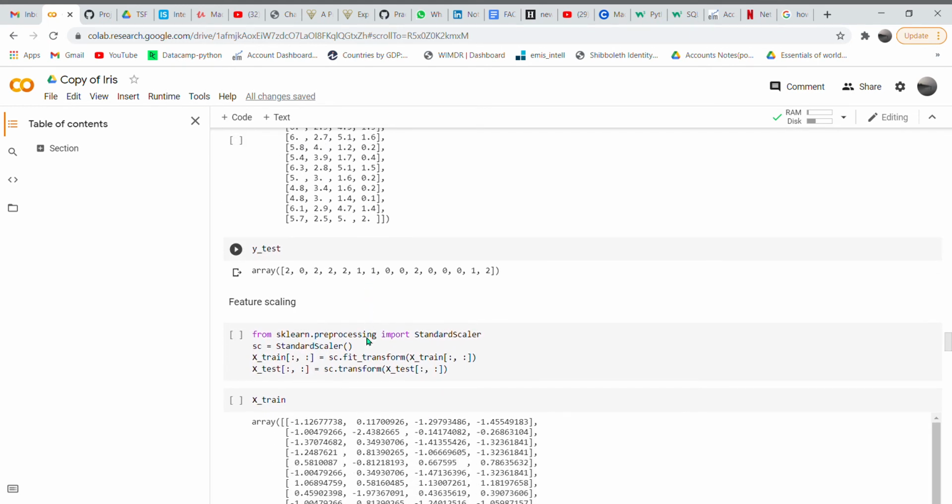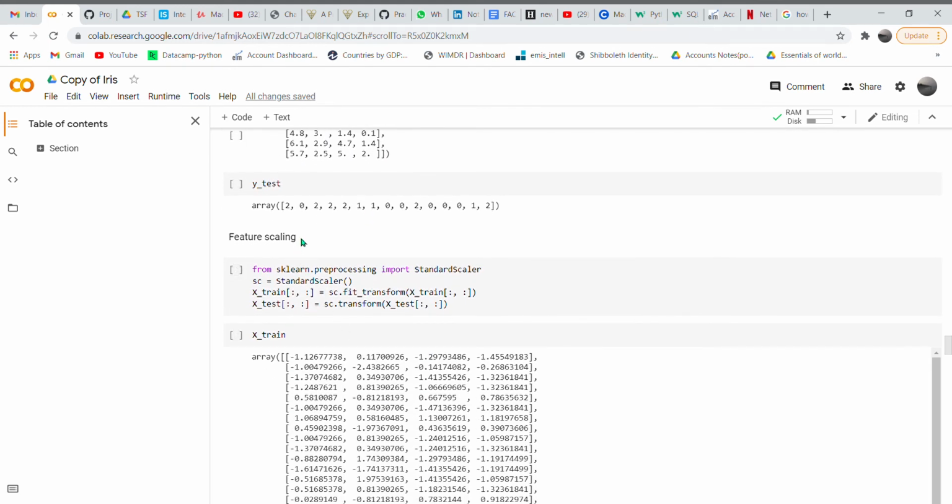and Y test. Feature scaling is the main important thing, which will help us get all numerical variables into a single range, between -1 and +1, by using a standard formula: x minus mean divided by standard deviation.